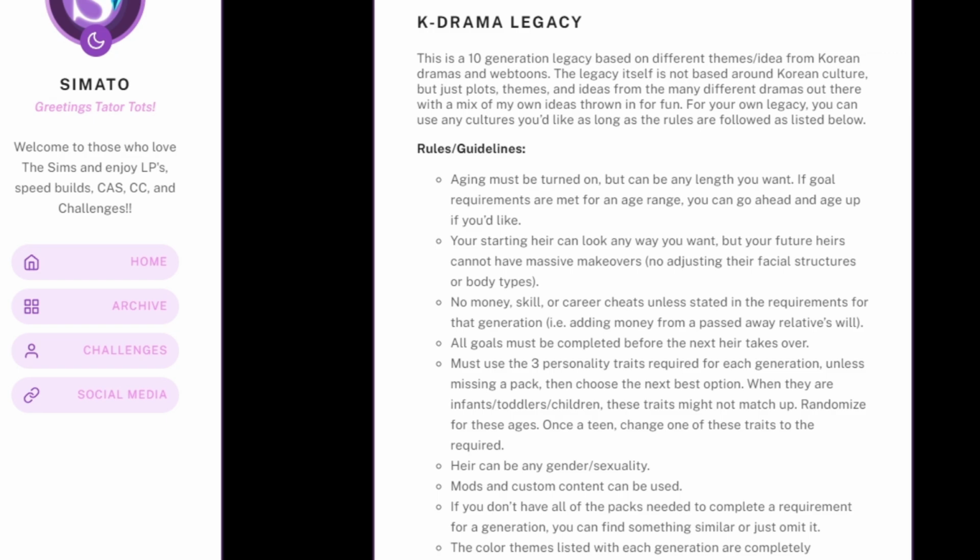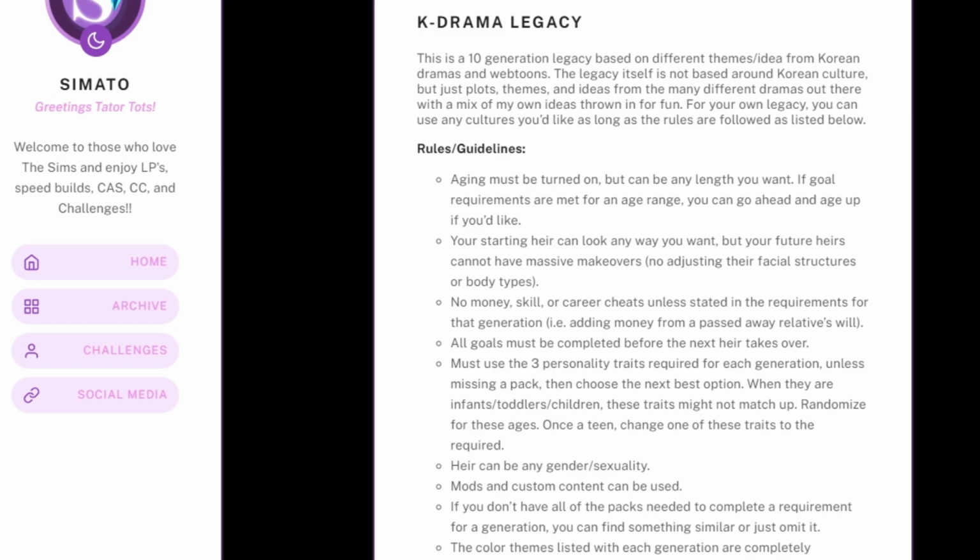And guys, I spend way too much time reading webtoons. I'm so addicted. There's so many good stories on there. So I wanted to create something that has drama and a good layout for you so that you can create the drama, you know what I mean? So anyways, let's go ahead and go through some of our basic rules and guidelines that we have.